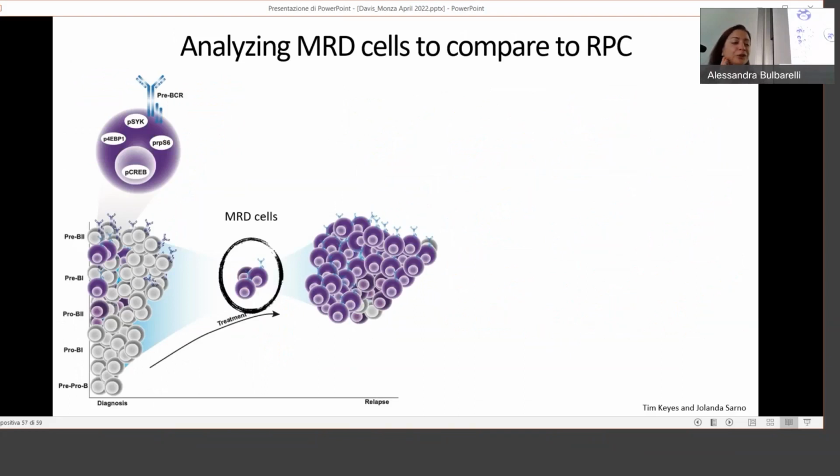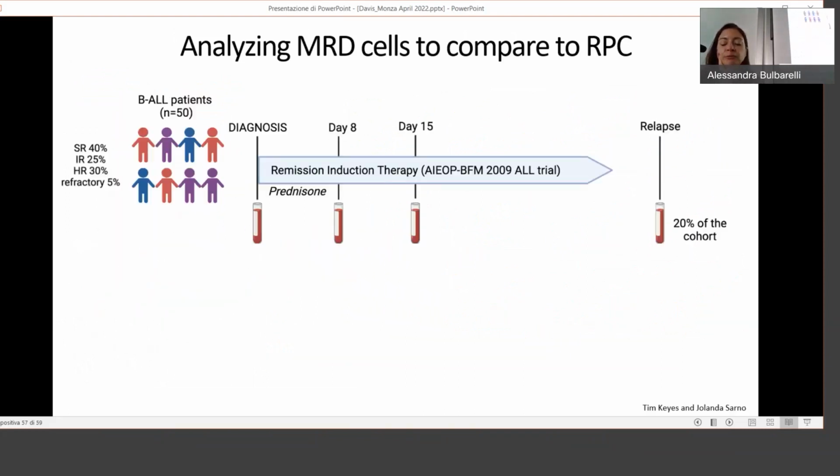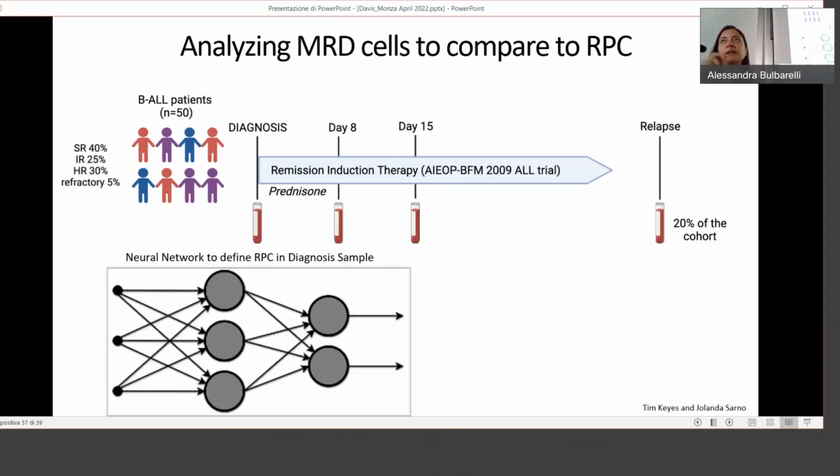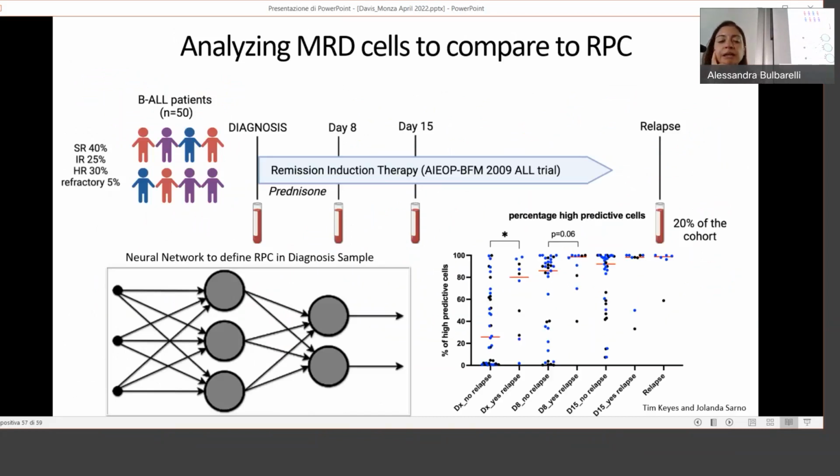And then Yolanda's next trick, hopefully, will be looking at MRD cells, which is a project that she's had for a long time, collecting samples when she was here and putting them on the CyTOF. And we have some really exciting early data and approaches, working with a really talented computational student in the lab using neural networks for the predictive modeling in these cells.